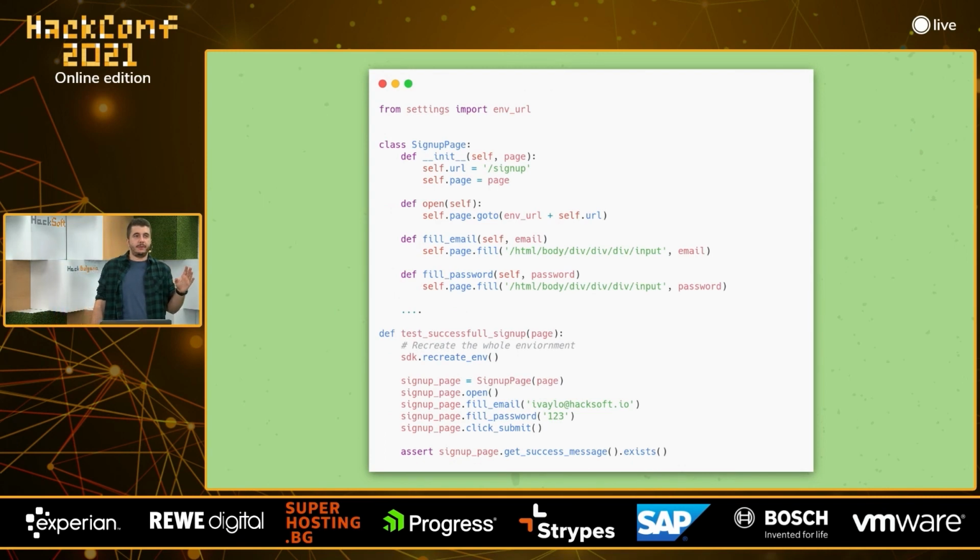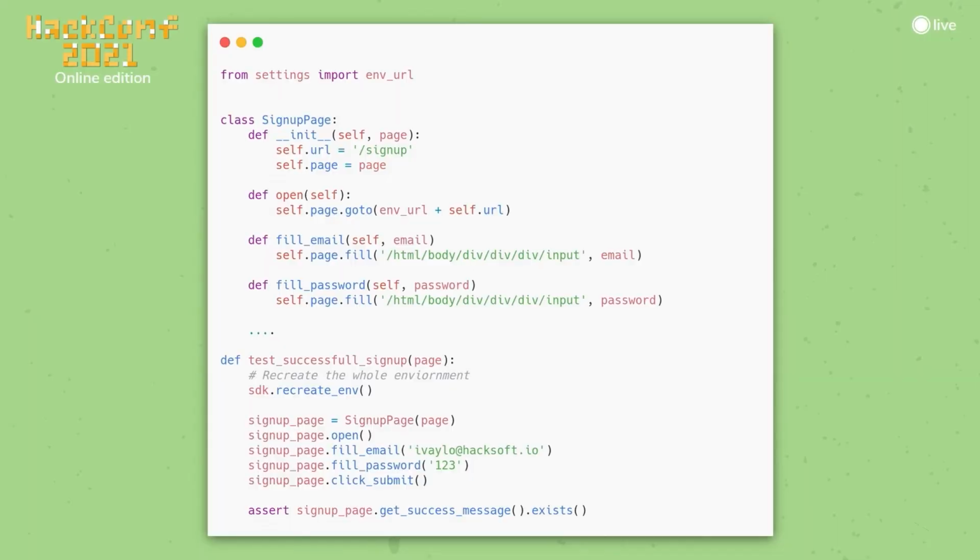Then we created this thing of page objects, which is nothing new. It is in the official documentation, and every framework is proposing doing something like this. So all the DOM interactions are actually moved to page objects that are reused between different tests. So the only place where you define the selector for the email input, let's say, is one method, one selector getting reused across the whole code base. And the test now is really shorter. It's like open the sign up page, fill email, fill password, click submit, assert something is shown on the screen.